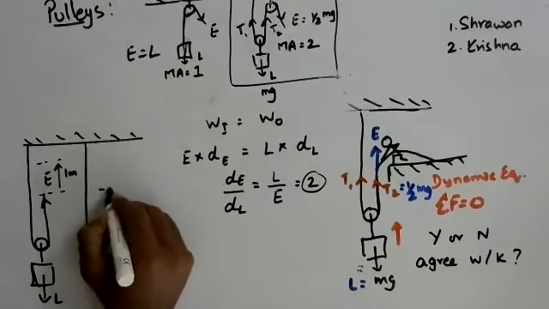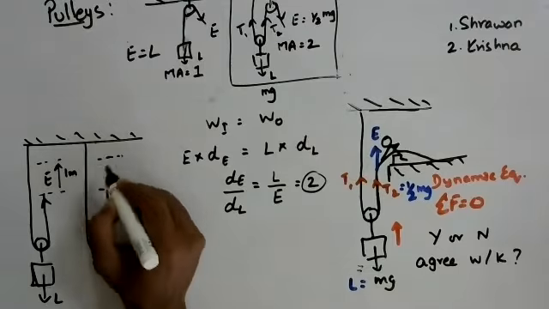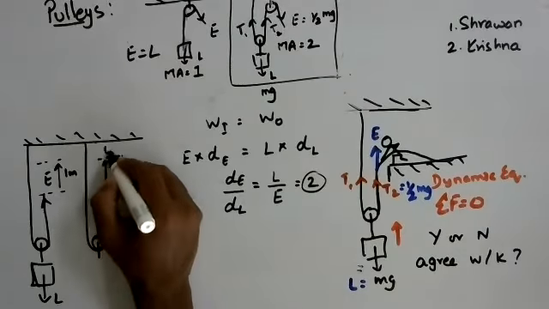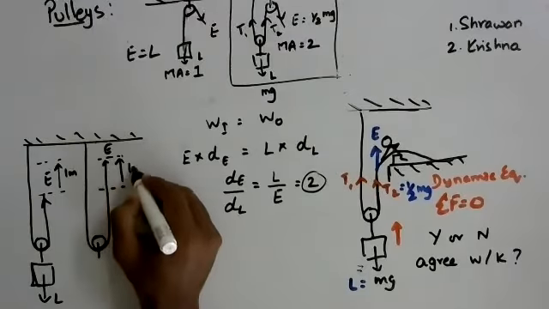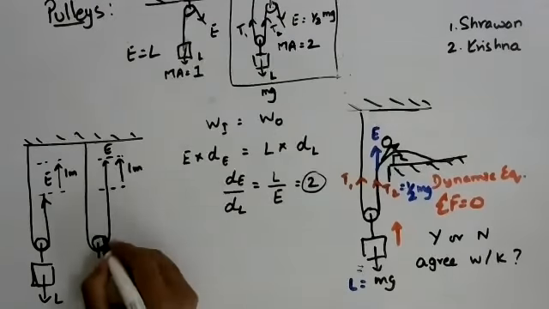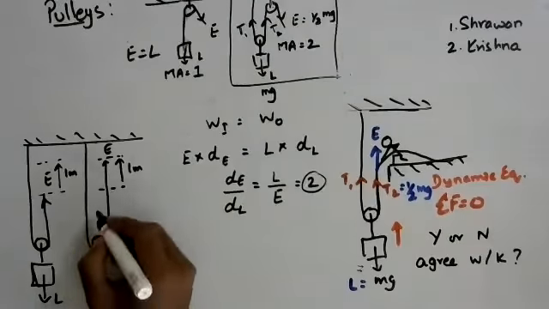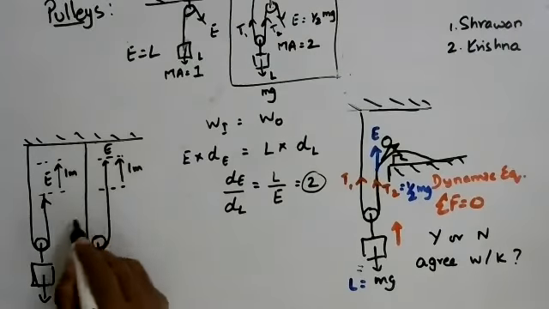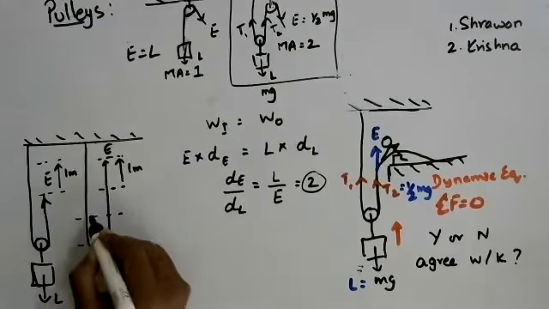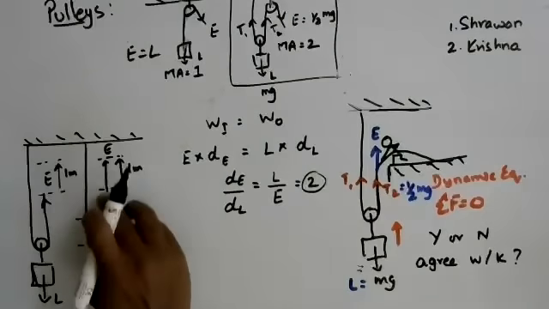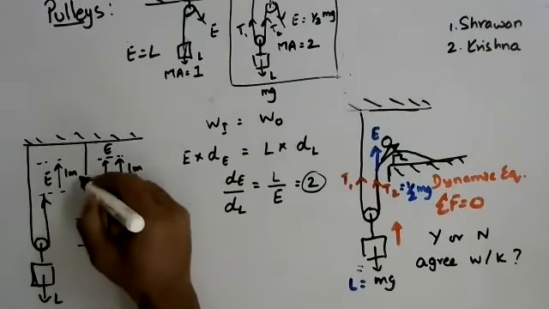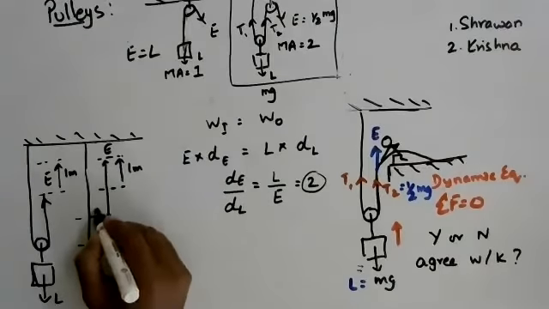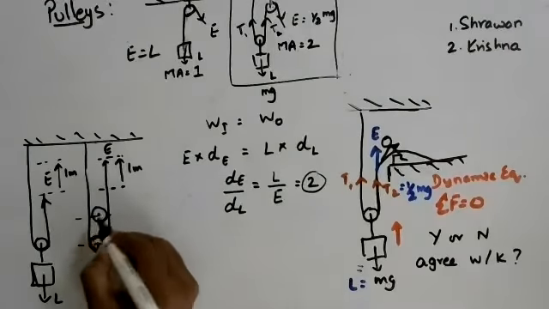It was like this. Then the rope got pulled up by this 1 meter on the effort side. And let's say that the pulley also went up by the same 1 meter. Okay, so a little bit of scaling. So the new position of the pulley, let me draw this a little tighter. Okay, so the new position of the pulley should therefore be here, correct?